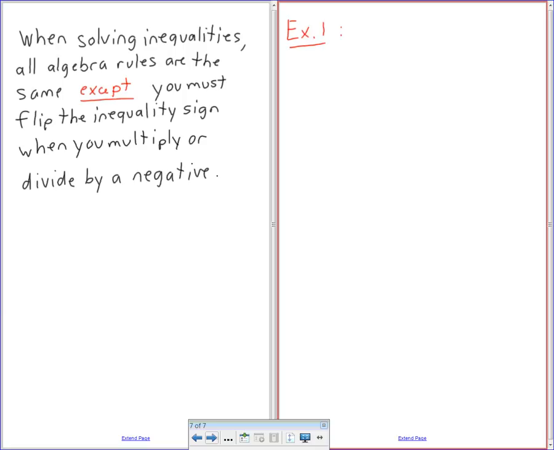Negative 2x plus 5 is less than or equal to 12. Okay, so there's my regular thing. Now, the way we're going to do this, I'm actually going to